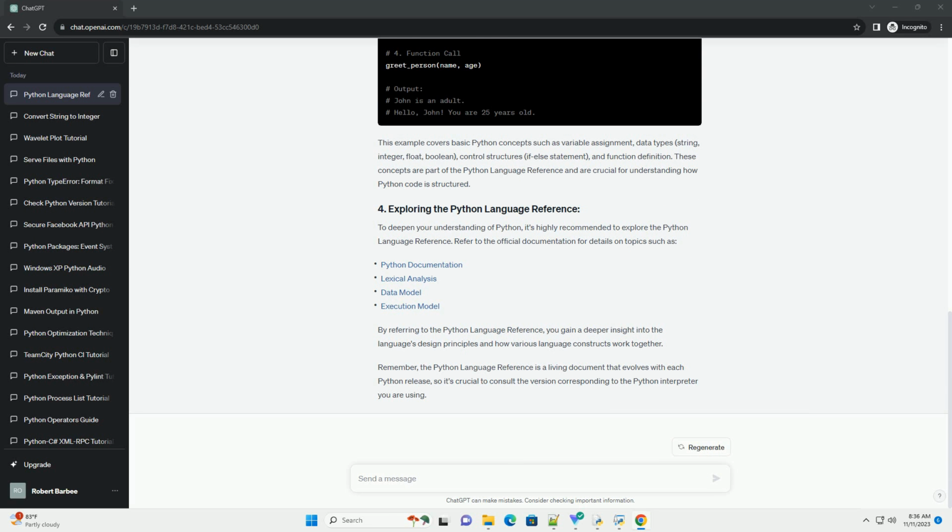This documentation provides detailed information about Python's syntax, built-in functions, standard library modules, and more. Let's explore a simple code example to demonstrate some Python language concepts. We'll focus on variables, control structures, and functions. This example covers basic Python concepts such as variable assignment, data types (string, integer, float, boolean), control structures (if-else statement), and function definition. These concepts are part of the Python language reference and are crucial for understanding how Python code